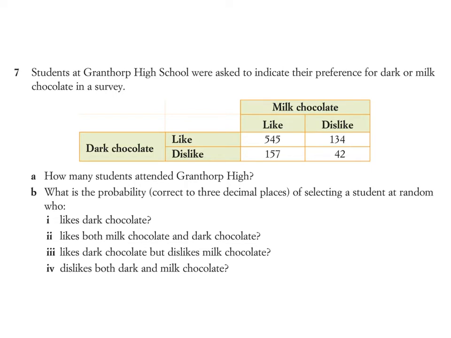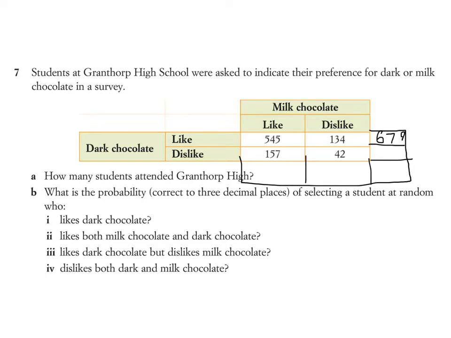Before we move on to answering any questions, it's probably a good idea to make an extra box around here and put in our totals. It'll make our life a lot easier, even before we start answering any question. To get the total of people who like dark chocolate, you have to add this number and that number, and I've already done it, so you might want to just write it down,